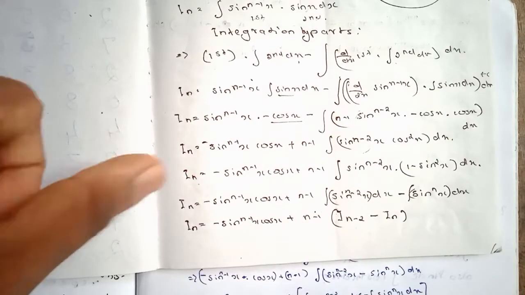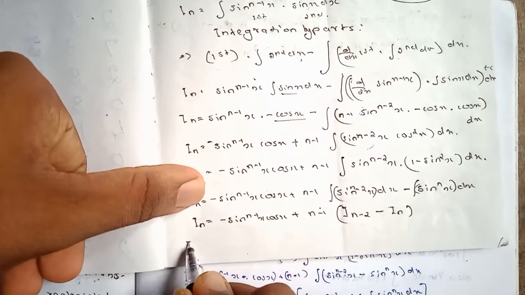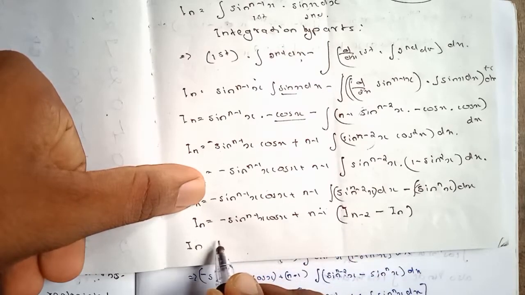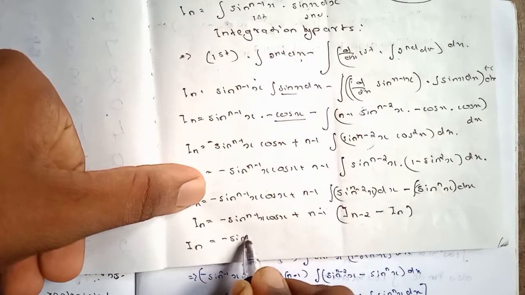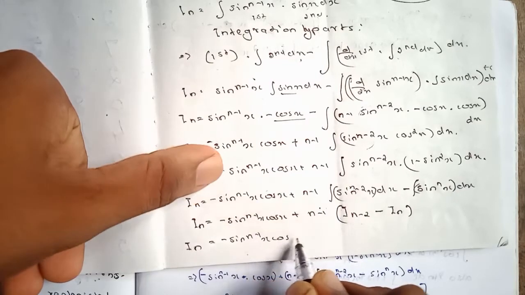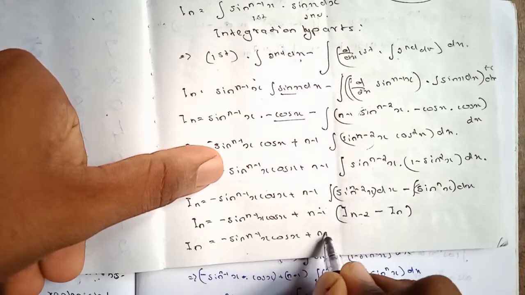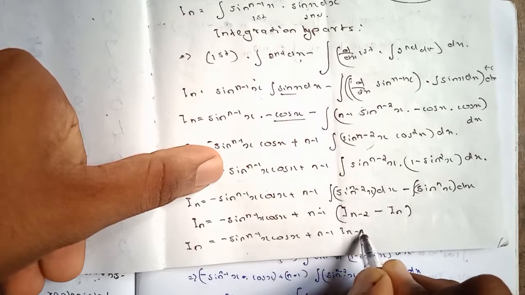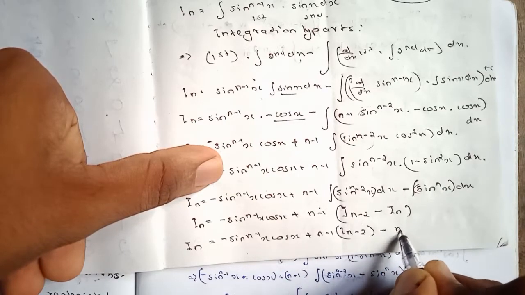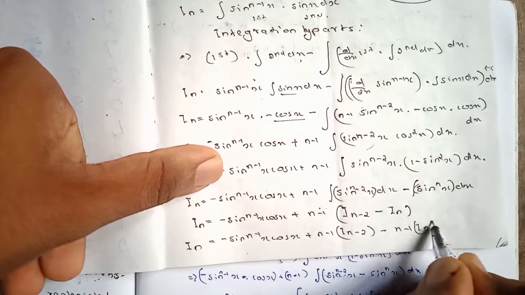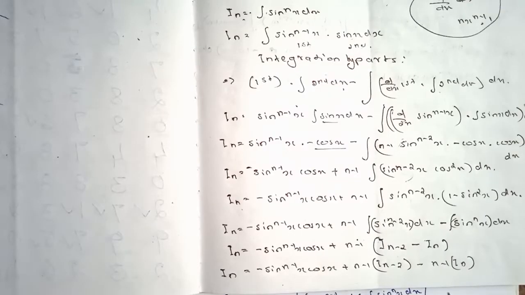Then we get another result as I_n, then minus sin^(n-1) x cos x plus n minus 1 I_(n-2) minus n minus 1 I_n. In this step we take this n minus 1 I_n term to the left hand side,